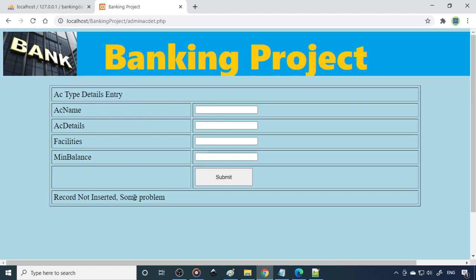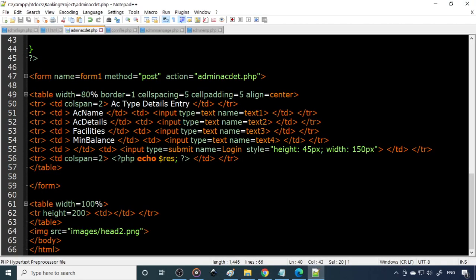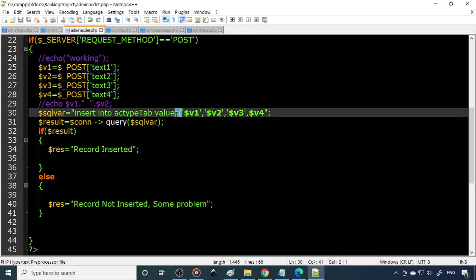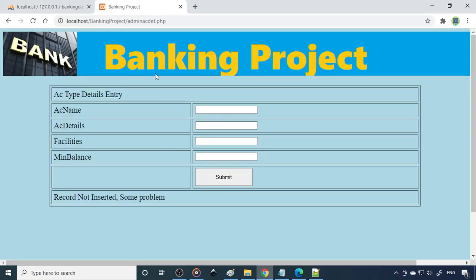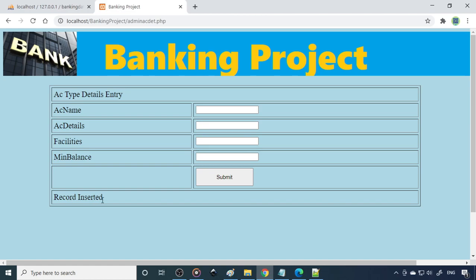So now we need to figure out what is the problem, why it is not inserted. In order to do this, we can use one more echo statement here. So now you can see that values, there is a bracket here, but we didn't put the closing bracket, so therefore this is the main problem. There is an open bracket and there must be a close bracket here, that is not there. Okay, so now I rectify this. What we can do is we can refresh it. Refresh means reload the same data. So now we can see record inserted.